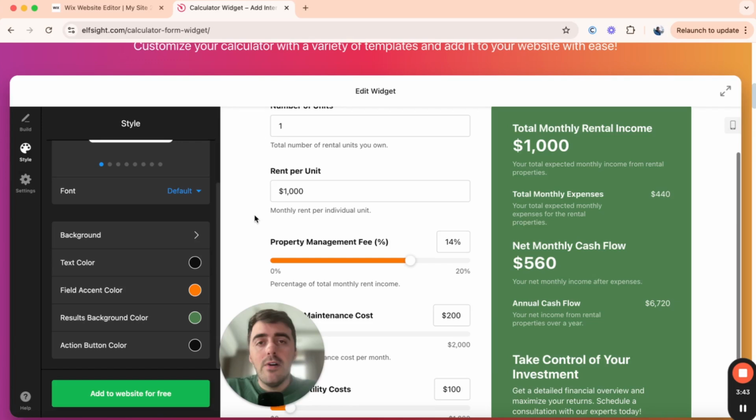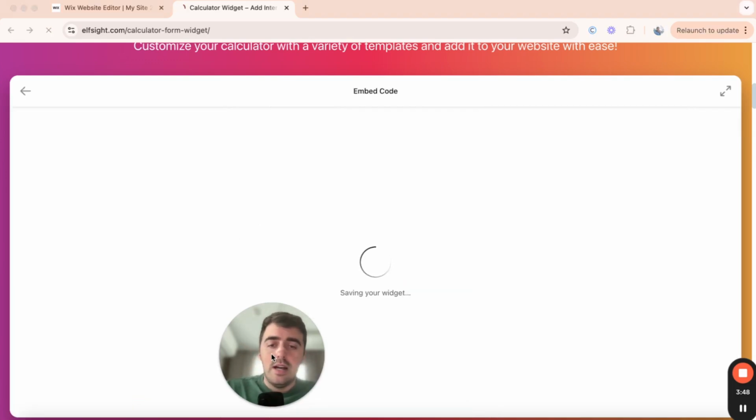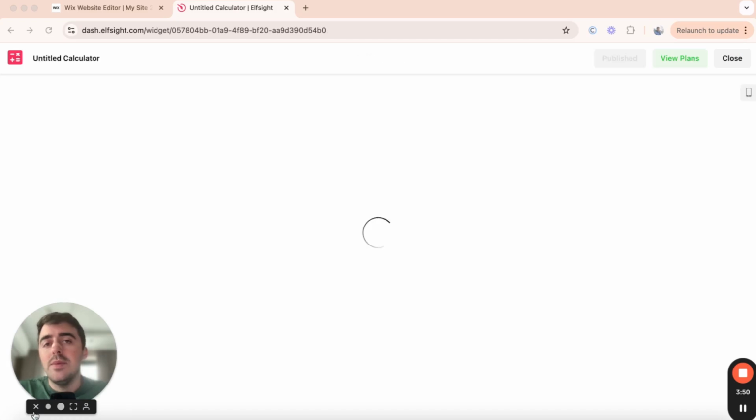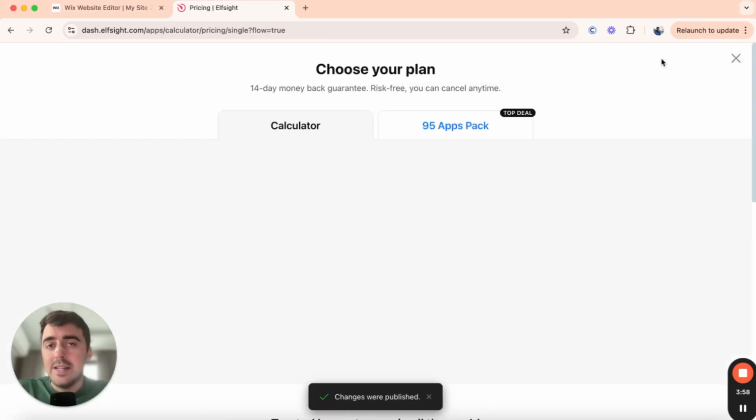But once you're ready to move forward, go ahead and click on Add to Website for free in the bottom left corner of the screen, and then your interactive financial calculator will be saved. Then you'll be taken to this page here, which is where we now need to publish the calculator. So in the top right corner of the screen, click on Publish, and then you will automatically be taken to